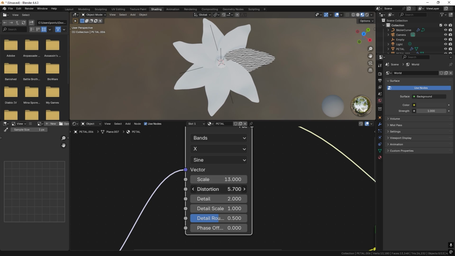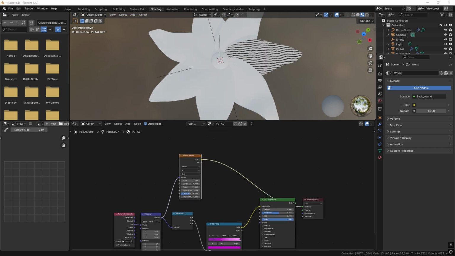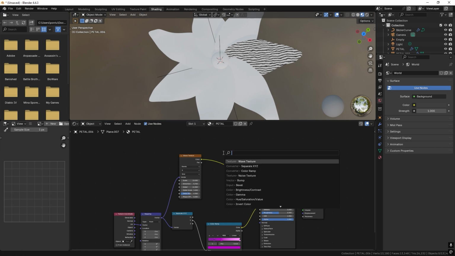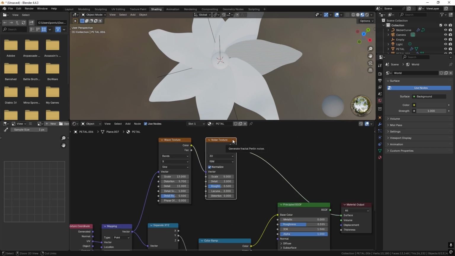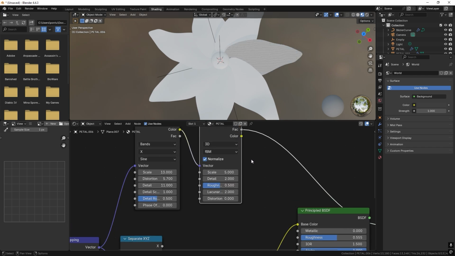around 13, maybe some distortion, and a lot of details I think will look good like there. Great. But I also want to add some noise. So let's press Shift A and add a noise texture. Put it here, and we can Control Shift left click here, and I actually want the scale to go up a lot somewhere here, and the details I also want them to go up